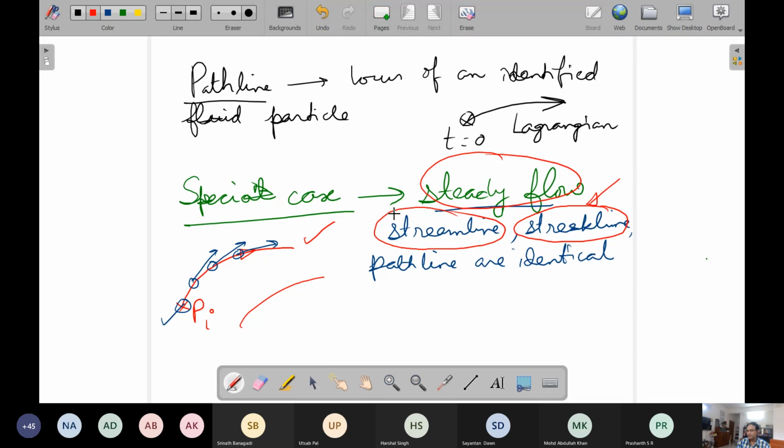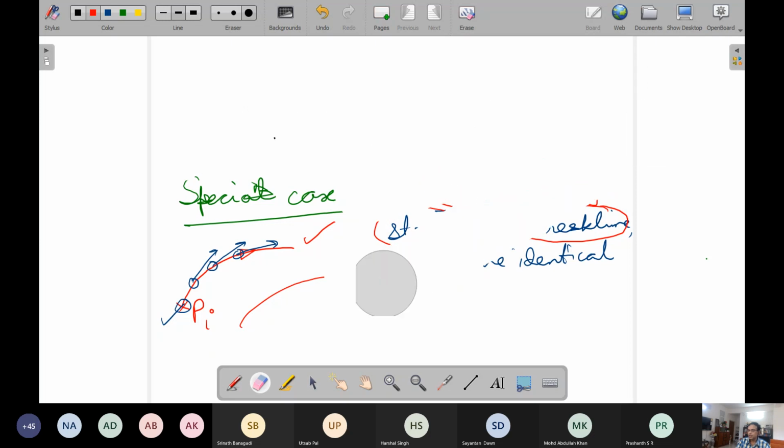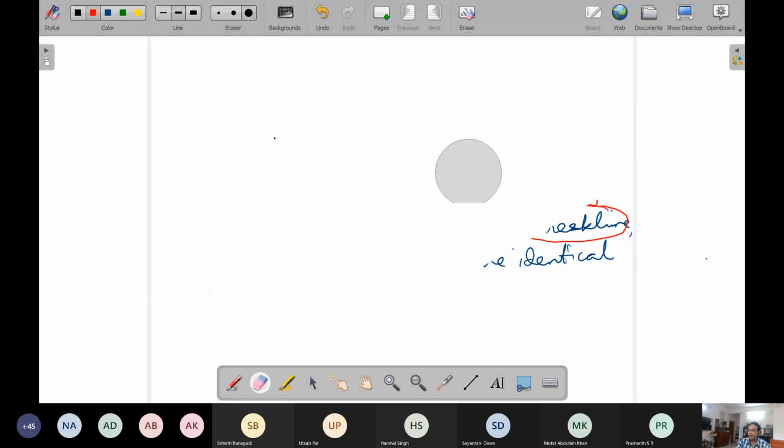So in that way, while this connectivity is there for steady flow, this connectivity is not there for unsteady flow, and it is possible to obtain their equations individually by putting in certain considerations, but they are clearly not the same for unsteady flow. So let us work out a problem to illustrate their difference.